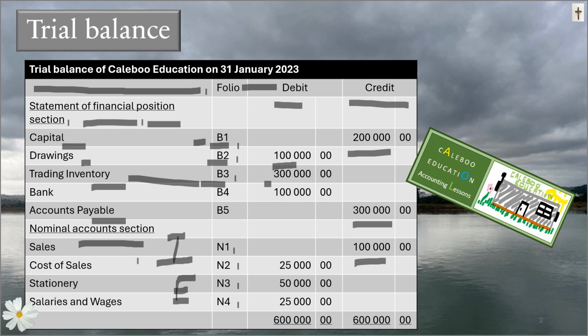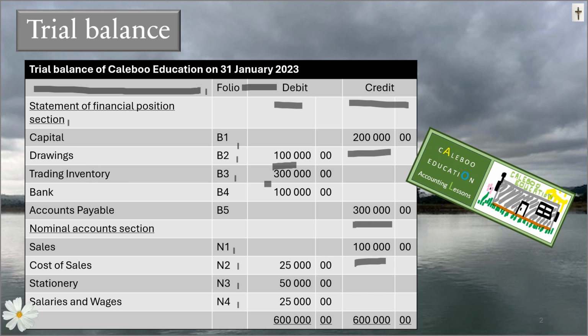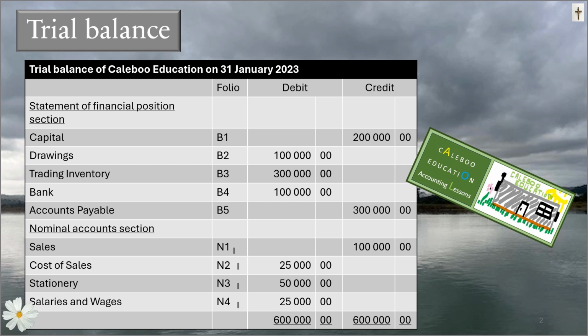What is interesting about a trial balance is that it is drawn up at the end of every month, and these balances will increase or decrease over the financial year, over the 12 months, the period that we are recording the transactions for. It's called our financial year. And after every month, these numbers here will change,